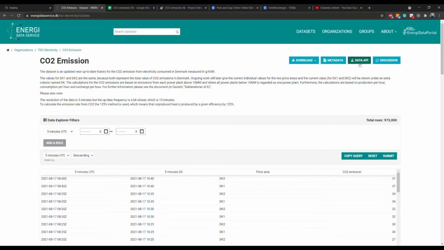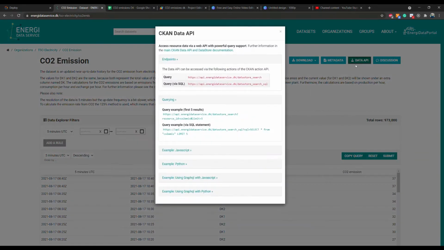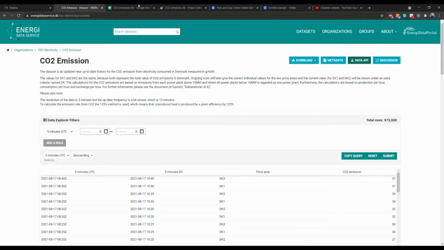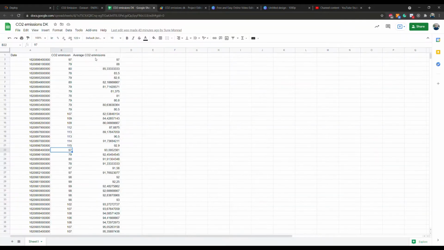So that's an open data set. You can use all kinds of different data sets, but in this case, we're going to use this. As you can see here, I clicked the data API because we wanted to pull it from an API. And there are various ways we can do that. We can use SQL as shown here and use that endpoint. So there is an example of how we can query it using this. That is very specific to this API, so I'm not going into details on that.